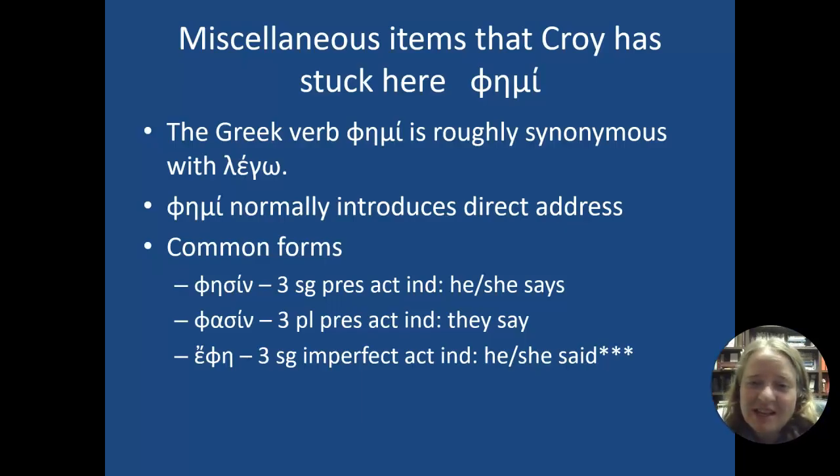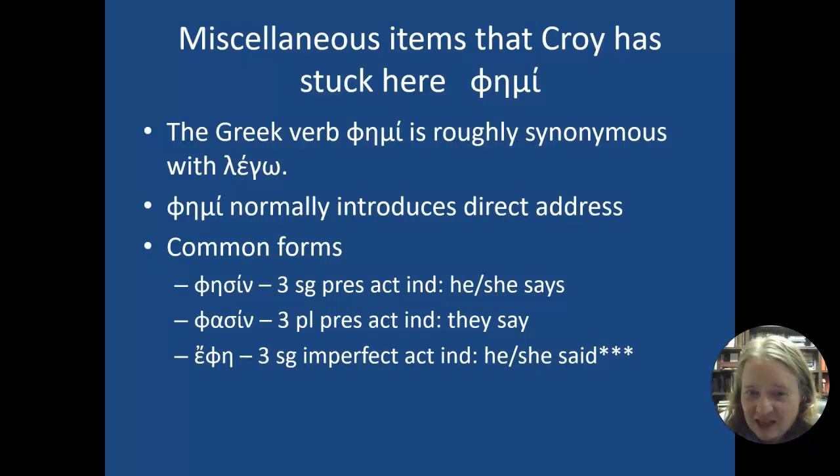A miscellaneous item that Croy has just stuck here, but one that I think would be worthwhile mentioning, is that chapter 30 also mentions that there's this Greek verb, themi. So again, it's a mi verb, so I think that's why he sticks it here. It is roughly synonymous with lego. So just like I showed you in chapter 29, there's somewhere you can see a transition between mi and omega verbs. Lego seems to have already won out mostly by the time of Koine Greek, at least in the Empire, but themi pops up here and there,